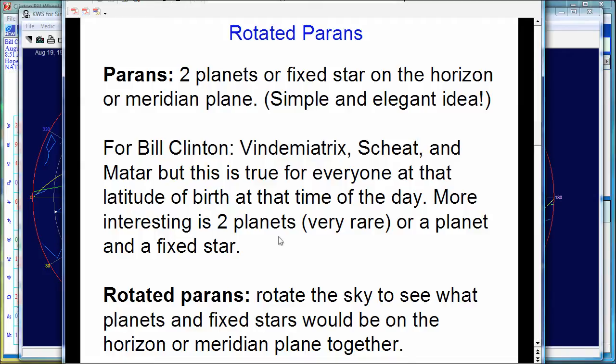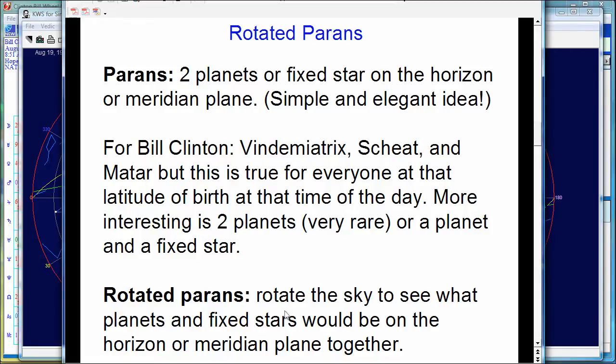What gets very interesting is when two planets, which would be extremely rare, or a planet and a fixed star are on the horizon plane or meridian plane. But most people are not born with a planet on the horizon plane. So we often use rotated parans. And everybody has rotated parans. Not everybody has a paran with a planet. Chances are you don't have a planet on the horizon or meridian plane, but if we rotate the sky,